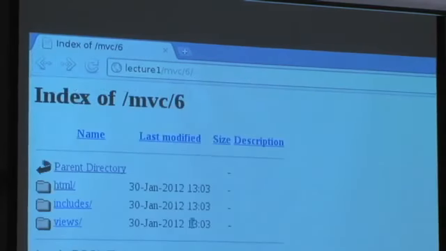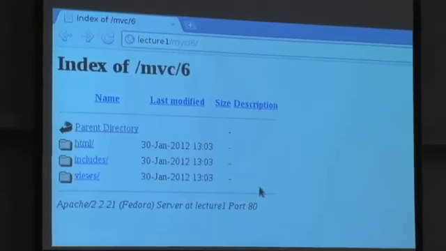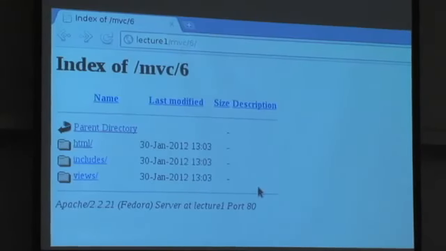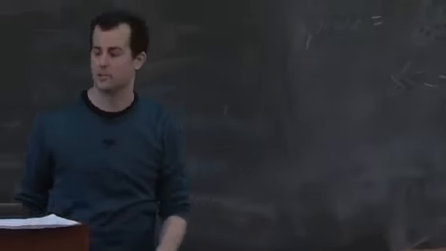As an aside, this is not normal. The fact that you can see HTML and includes and views and click on any one of these directories is a result of our being in a lecture environment and not in a production environment. If this were a production web server, we would cut off access to everything except HTML. All right, so this doesn't feel